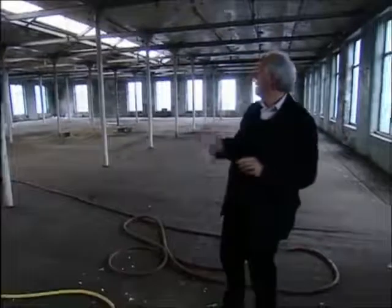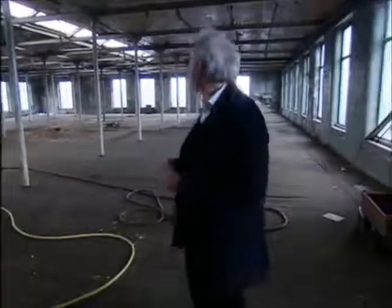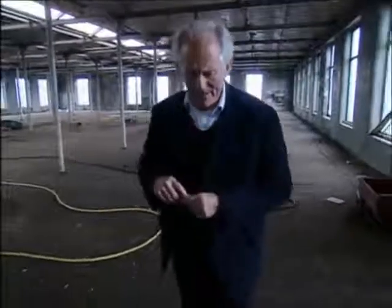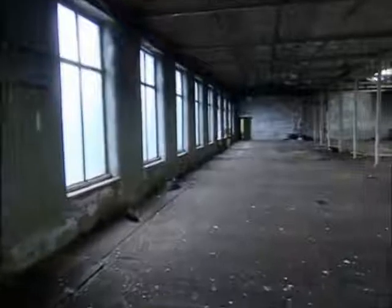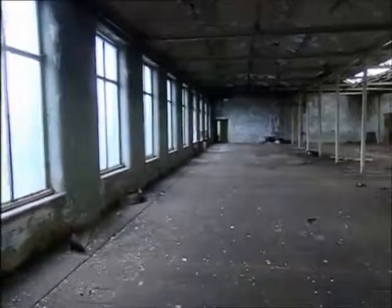This is where they worked. This is where the cotton weaving machines were. This splendid but now rather forlorn space. The unusual thing about the cotton mill, and this seems very odd to us now, is that here men and women worked together in the same space. Very unusual in 1900. Indeed, women usually worked until they got married and then they would stop. But in the cotton industry, women would work, often full-time, from the age of 12, and then would be married, have children,